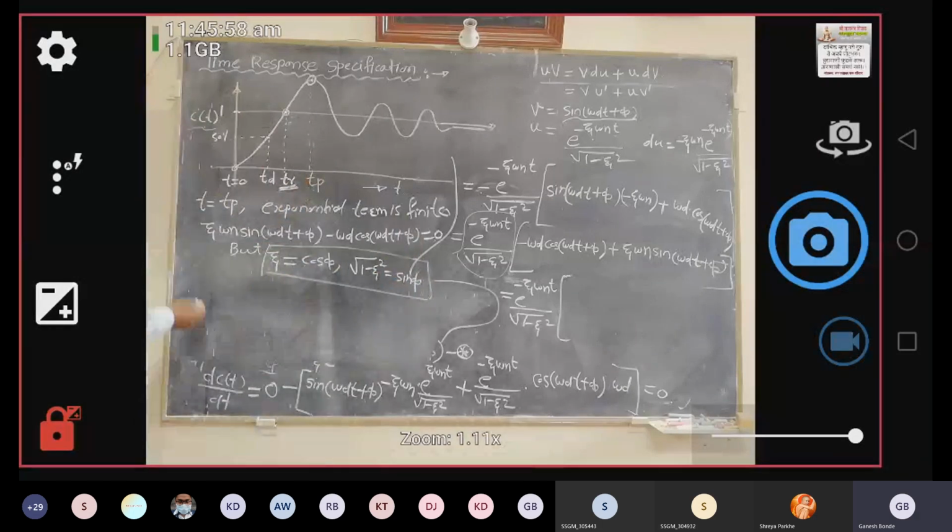When deriving this expression, C of t equals 1 minus e raised to power minus zeta omega n t upon square root of 1 minus zeta square into sine of omega d t plus phi, at that time we substituted these two terms. So now if you substitute this term, zeta is equal to cos phi. Therefore here cos phi into